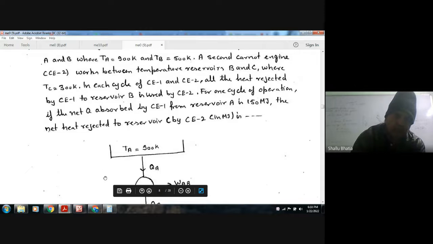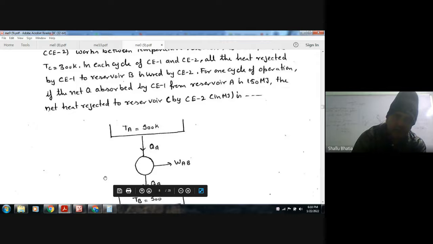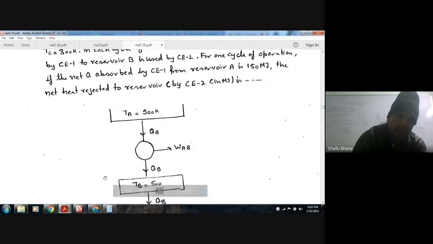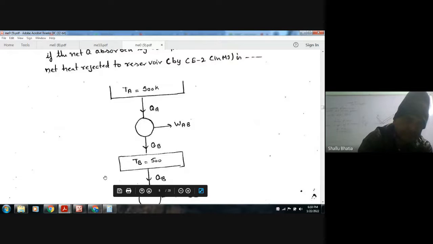For one cycle of operation, if the net heat absorbed by CE1 from reservoir A is 150 megajoule, the net heat rejected to reservoir C by CE2 in megajoule is: